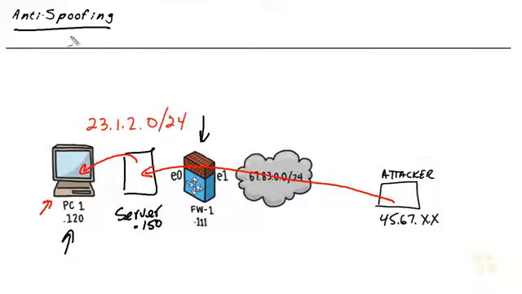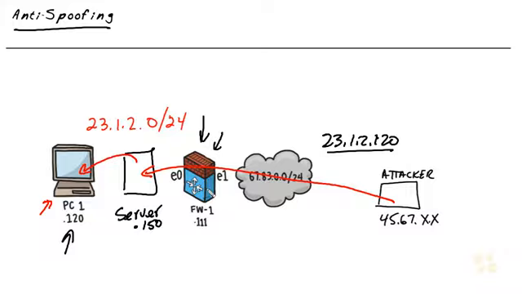Now, fortunately, in a Checkpoint environment, we have the ability to implement anti-spoofing, and it basically goes like this. When this feature is enabled on the interfaces of the gateways themselves, when a packet comes in, the firewall is going to take an extra moment and say, let's see, where's this packet coming from? And if the attacker is claiming that the packet is coming from 23.1.2.120, if that's the spoofed source IP address, the gateway is going to look at its routing table and say,